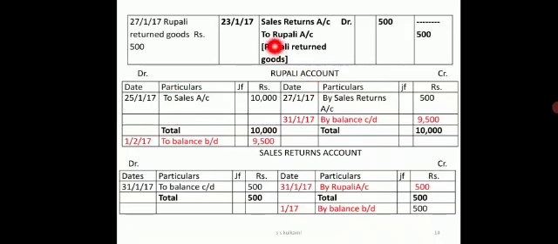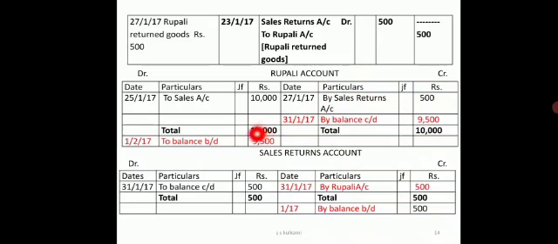Next, sales returns account. Now come to Rupali's account. You have already sold her goods worth 10,000. So on 27th she sees there are certain damaged goods, so she is returning 500. So I will write here in Rupali's account debit side 10,000. On 27th the returns made by her, because it is on the credit side, I will write it on the credit side. Rupali's account is credited by sales returns